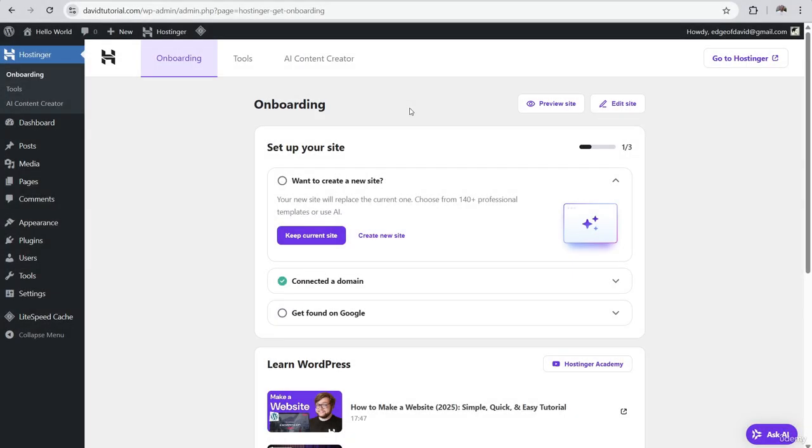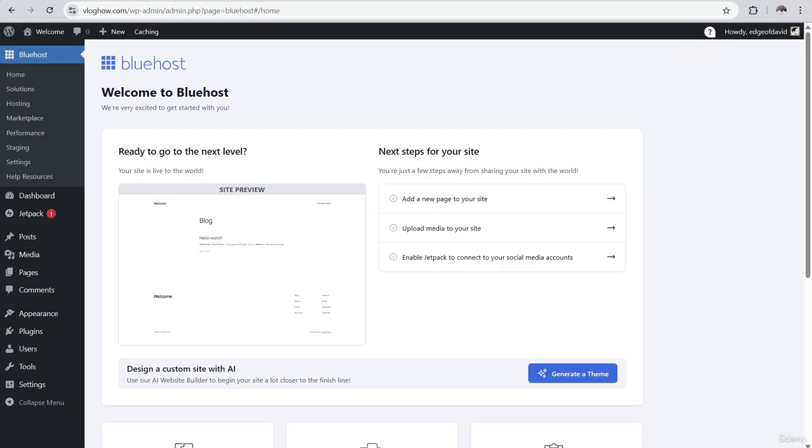Cleaning up pre-installed content on our website. Now, this is my Hostinger website, and this is my Bluehost website. Both shared hosts come with their installation of various plugins that you may or may not want. I have my own recommendation of plugins that I really like, but this is how you clean up this pre-loaded,